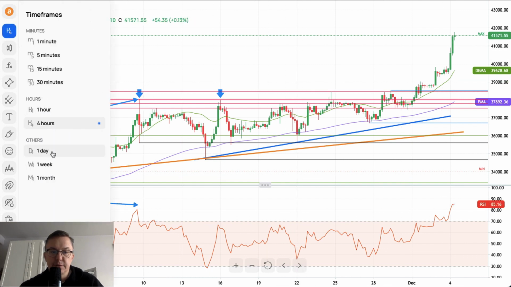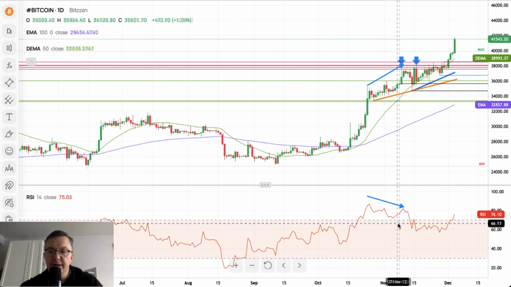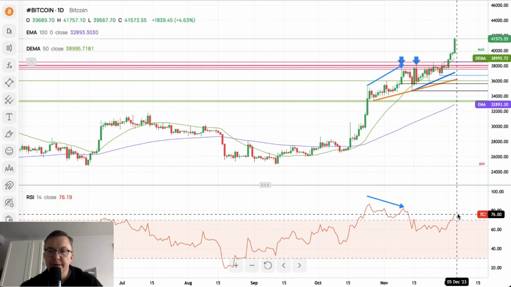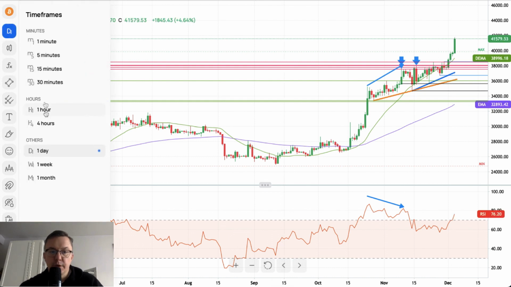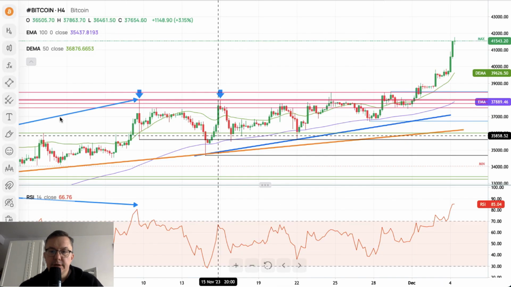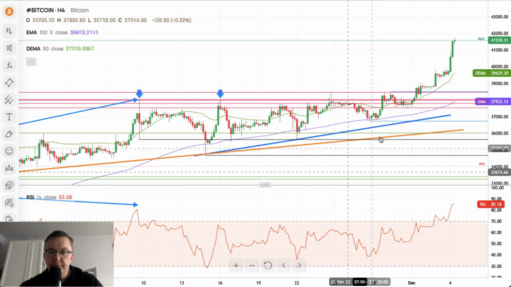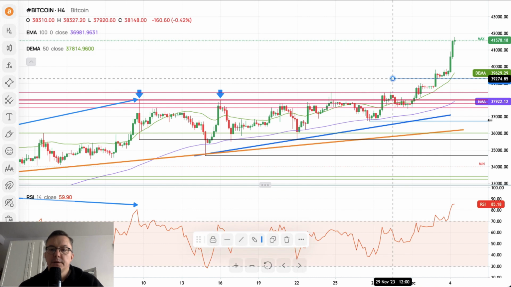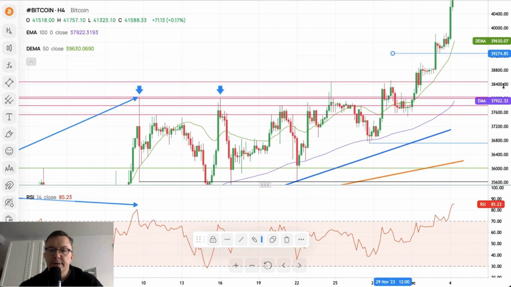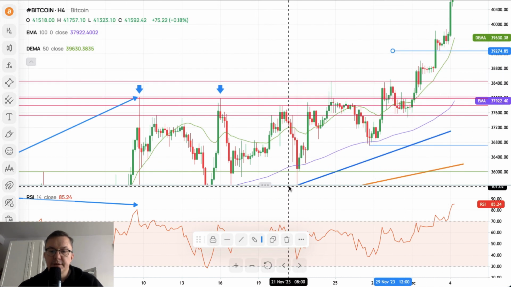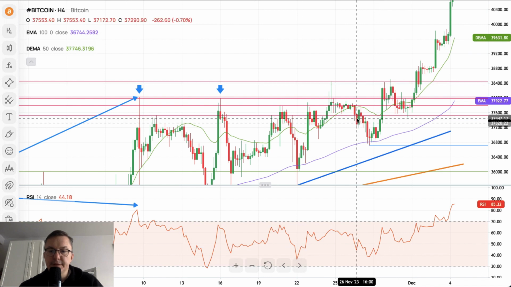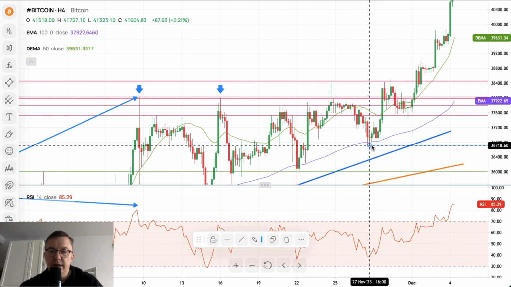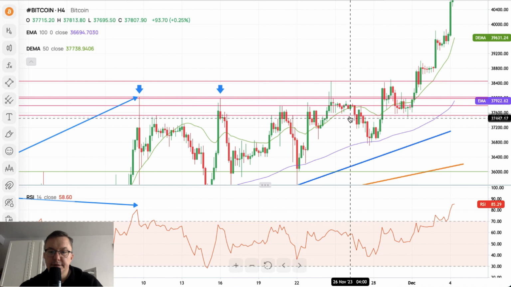Let me just take a look on the 4 hours. On the daily as well, we got the level of 76 points. So the market is trading during the extremely overbought conditions, so it might take some kind of a time to apparently move lower. Nevertheless, please notice the fact that right now we are having only technical support on the chart.